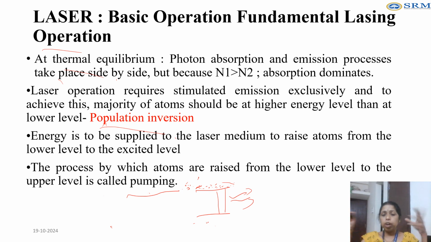Then what will happen? It may be possible that all the photons will fall down from the upper energy state to the lower energy state. But you have to create an active media so that those photons will not come out from the device. Those photons will again move or oscillate inside the device. Suppose 10 photons are there. So 10 photons